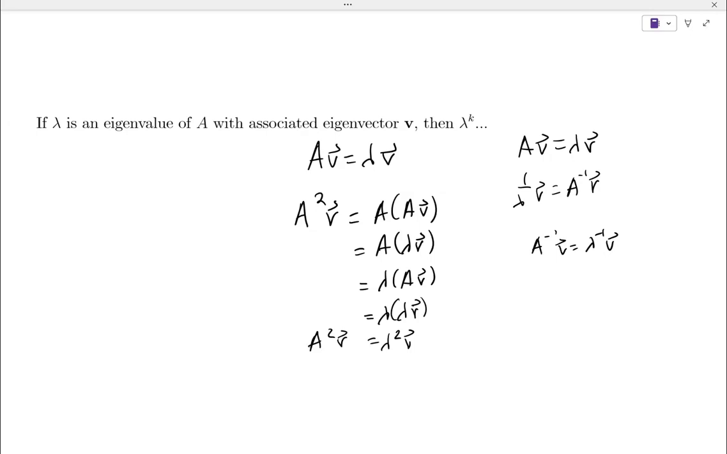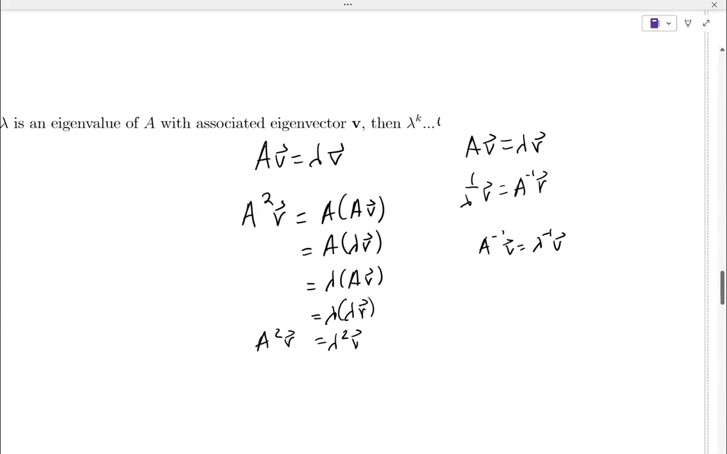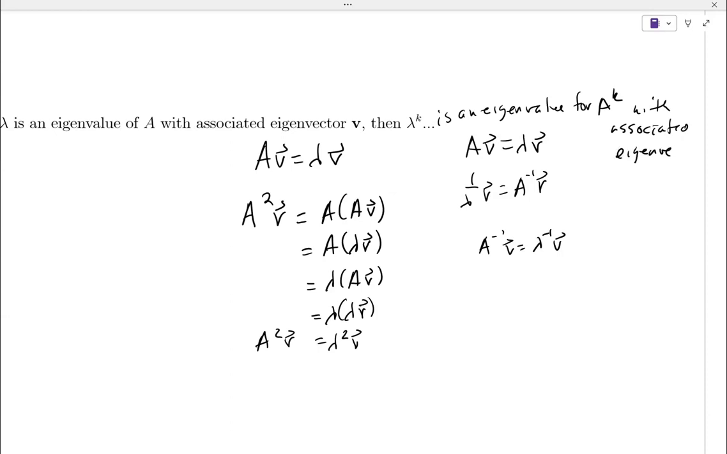All right. So the theorem is that if lambda is an eigenvalue of A with associated eigenvector V, then lambda to the K is an eigenvalue for A to the K with associated eigenvector V. What this allows you to do, yeah, there's lots of things you can do. But what this allows you to do,